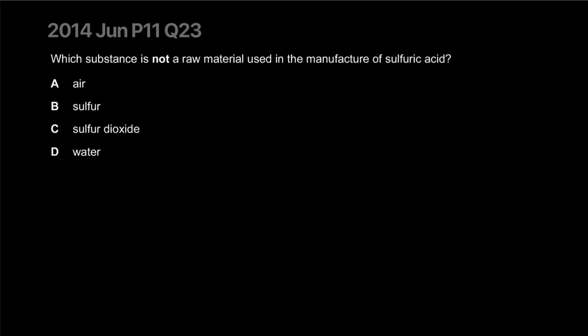Which substance is not a raw material used in the manufacturing of sulfuric acid? Well, you take the oxygen from the air. Sulfur you get from your fossil fuels, right? Sulfur dioxide. You use the sulfur. I'm glad sulfur is here because it helps me explain it. You take the sulfur and turn it into sulfur